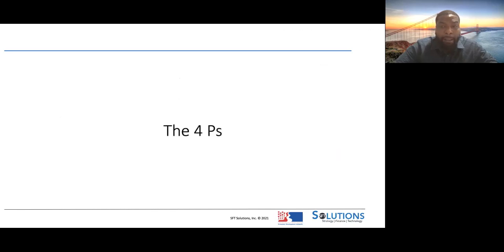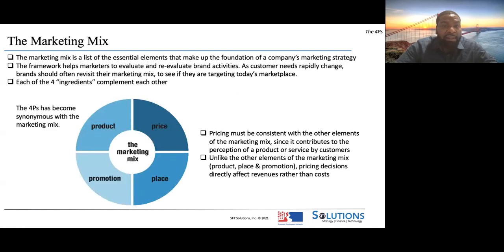All right. So the next thing we're going to talk about is the 4 Ps. This is really the foundation for all marketing activities, right? Product, price, promotion, and place, they all kind of have to come together to create a sale, right? So they all have to complement each other. So as an entrepreneur, you have to offer the right product in the right place with the right promotion at the right price. Let's talk about the first one.